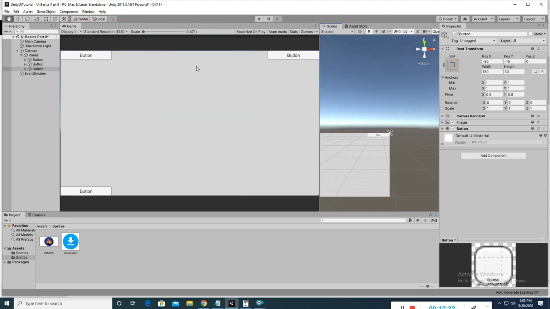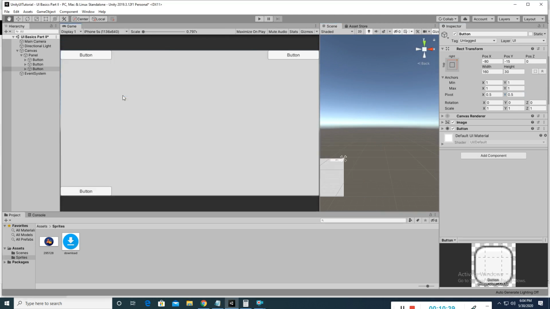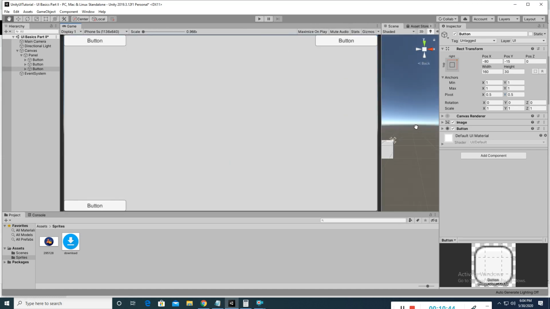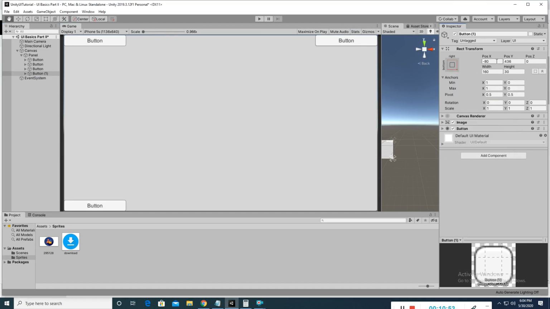If I change the screen resolution also, it will work for multiple resolutions. In the next tutorial, I will teach you how to set the UI elements for multiple resolutions, in more detail. So now 0 0, this X will be 1 and Y will be 0.